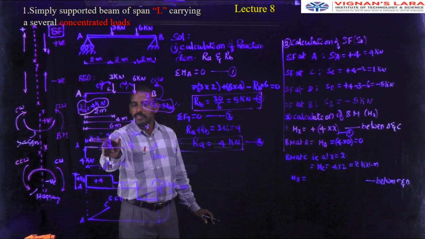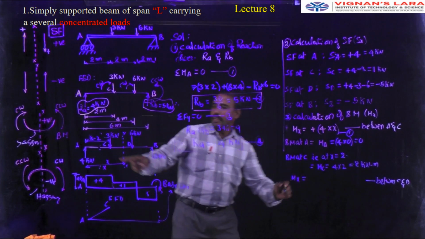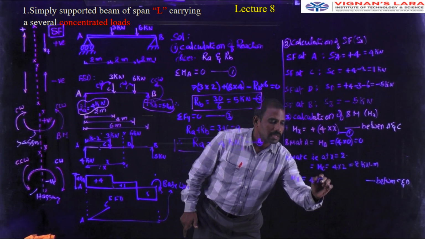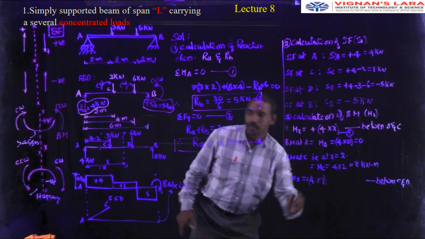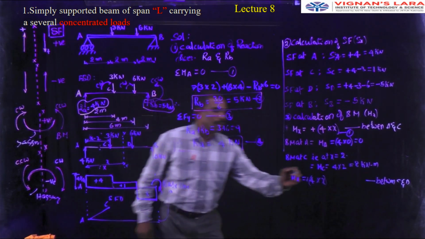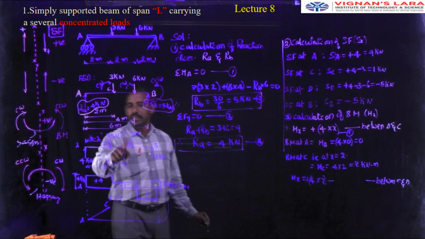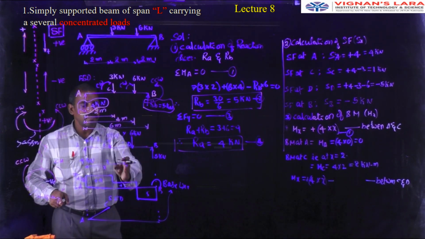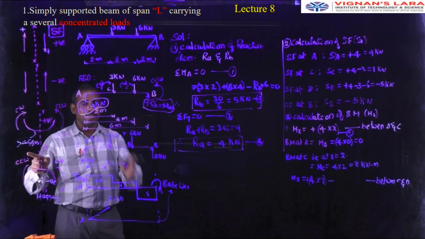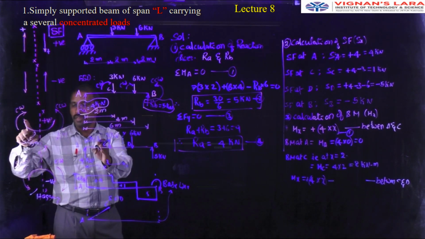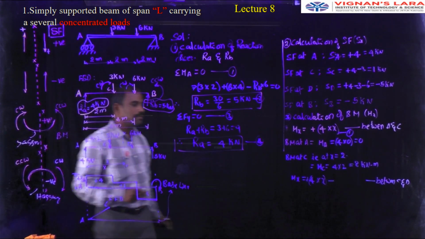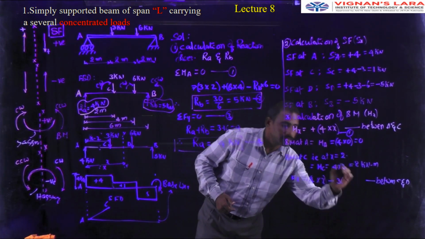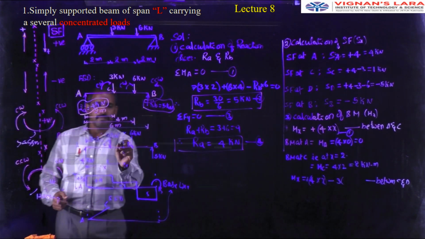What about that equation? The 3 into 4 kilonewtons produces the clockwise moment, and the 3 kilonewtons produces the counterclockwise moment with respect to the section XX. Again, left to the section, counterclockwise must be taken as negative, minus. Its value is 3 into (x minus 2).